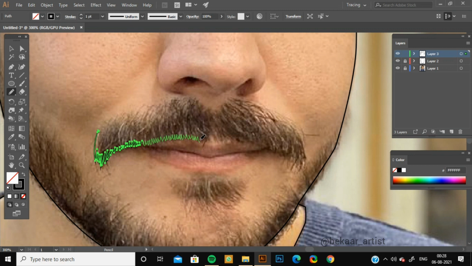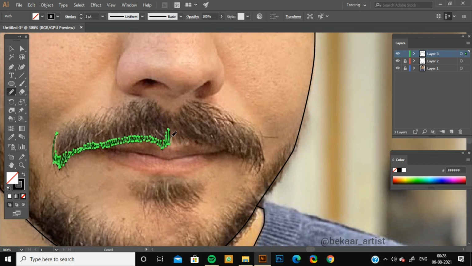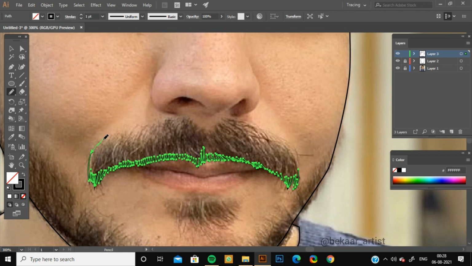Also if you want any definite strokes, then use pen tool, but if you want a little bit of flowy strokes, then I will recommend this pencil tool. And also it totally depends on your choice how you want the portrait to be like, and then use it as per your need and requirement.